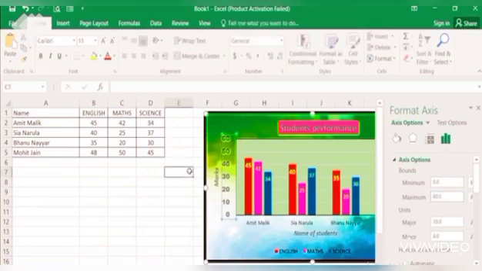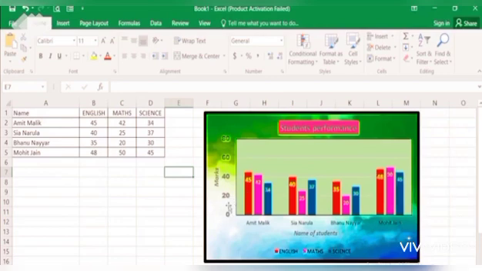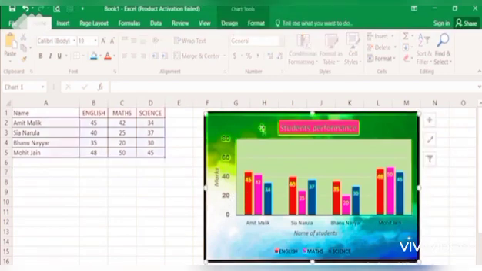So what will you see? The minimum value is 0. Once you have done the formatting, minimum value is 0 and maximum value is 80. Like this you can change the y-axis. You can even change the gap. Suppose this is giving a gap of 10, you want to increase it. How will you do it?